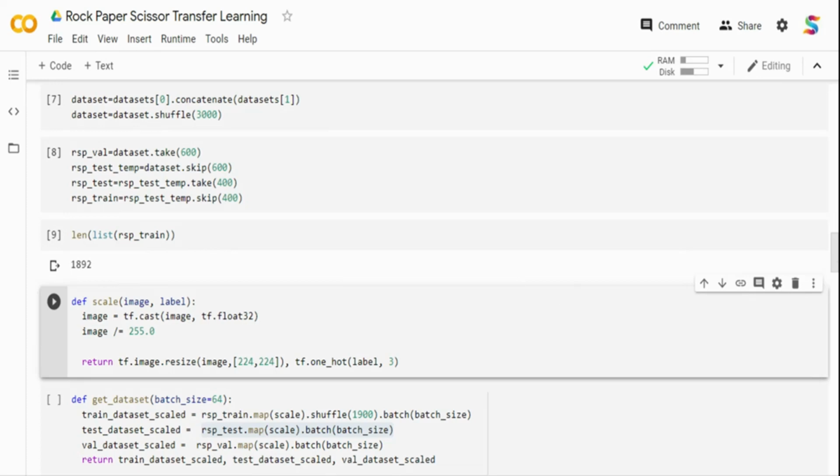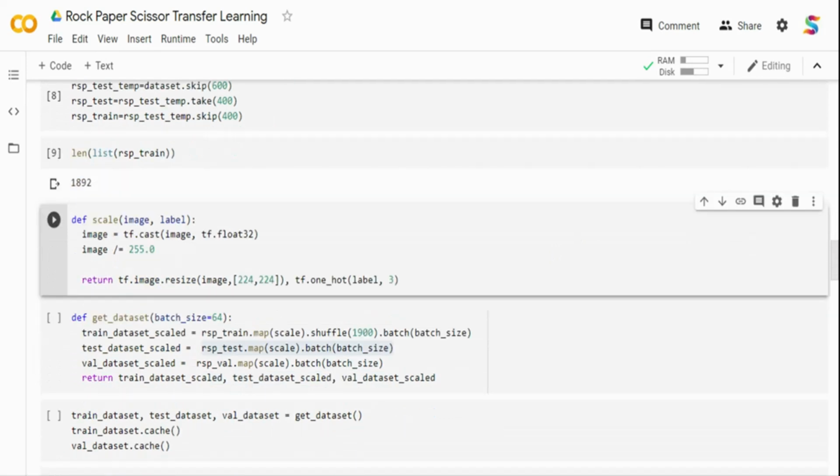Now the very first thing I want to do is scale the images. I'm taking the input image and dividing it by 255 so that my output image pixels are between 0 and 1. This is a three channel image. I'm going to use the MobileNet architecture. MobileNet is a family of neural network architectures for efficient on-device image classification and related tasks, so it can be used on your mobile device.